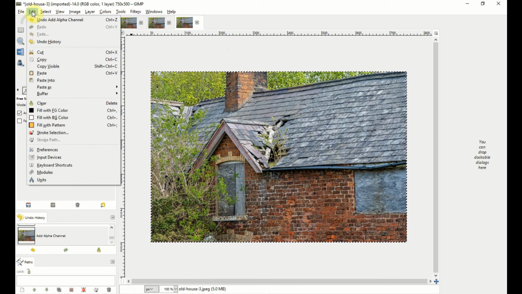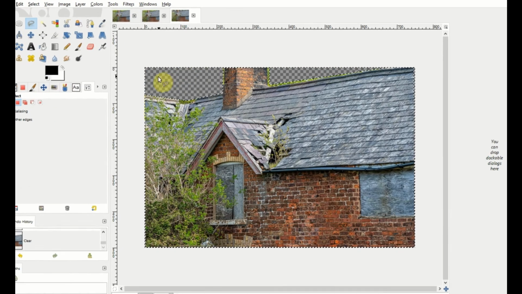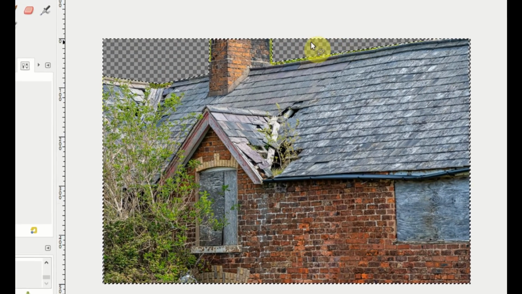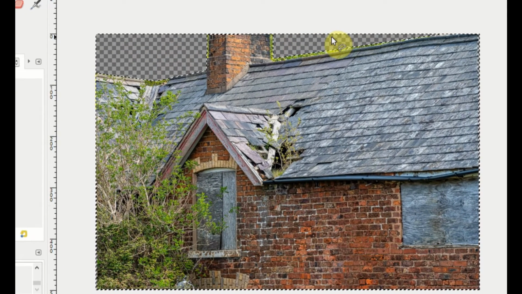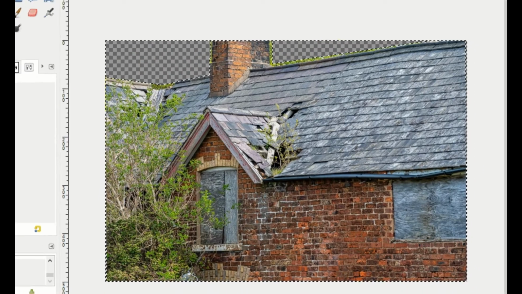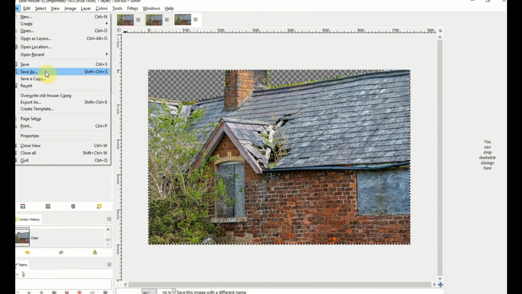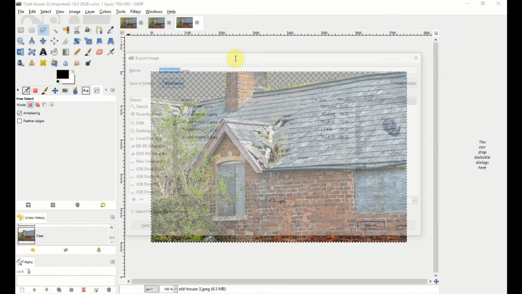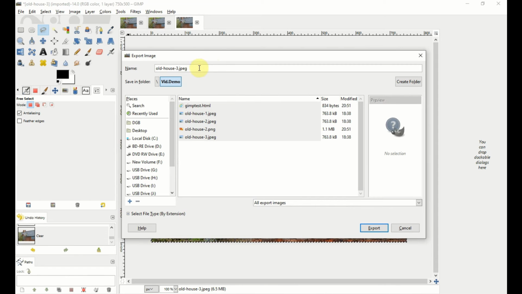Come over to here to edit, clear, and you should be able to see that everything outside of our selected area has disappeared. Now we're going to save this, so we're going to export this, and again it's asking if we want to save it as a JPEG, but we don't, because we won't get our transparency that way. So we're going to save it as a PNG,